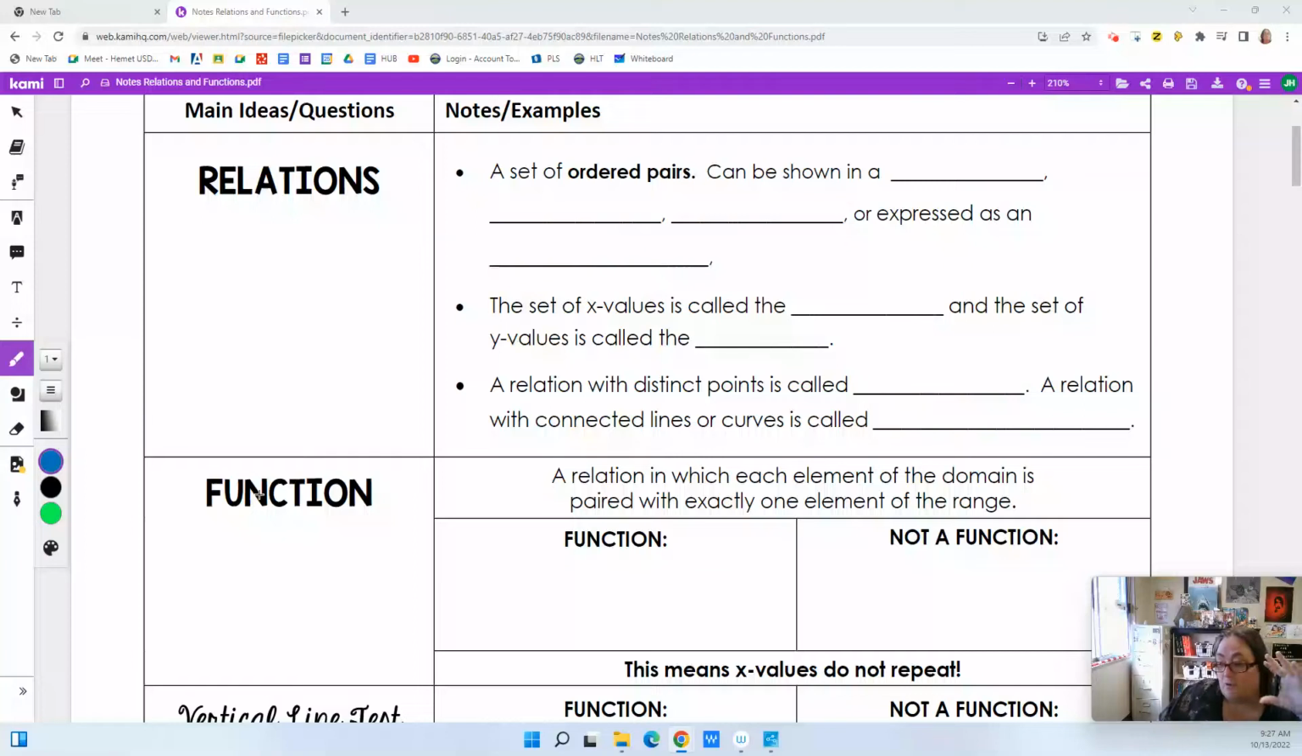So our new unit is on functions. Right now what we're going to talk about is relations and functions and how they work together. A relation is any set of ordered pairs, right, that relate to each other. And they can be shown in the form of